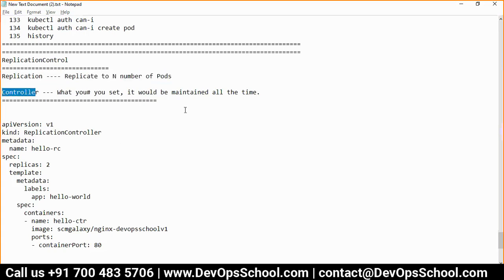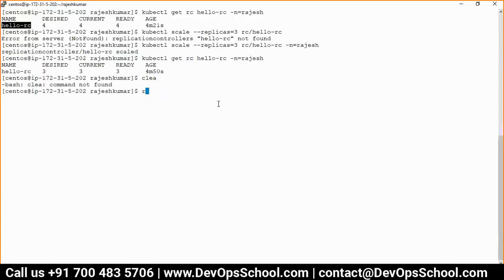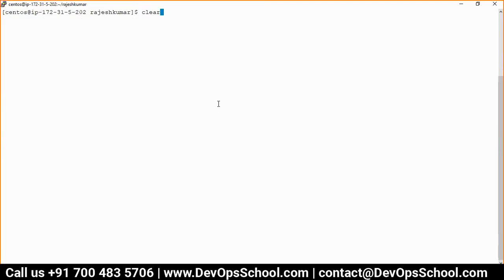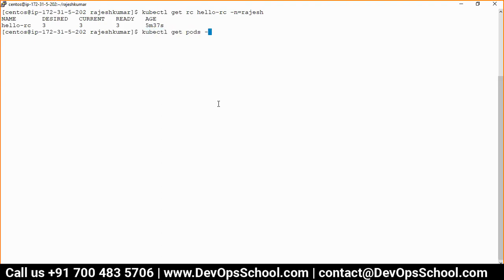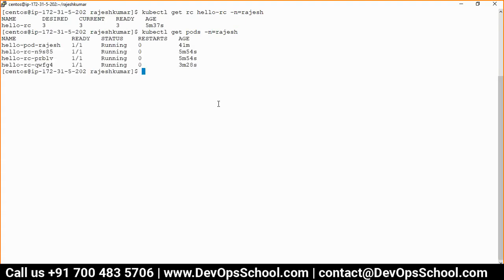Okay. Now I'll show you the power of the controller. Look at my screen here, guys. I have 3 pods. See, 3 pods are there. kubectl get pods -n Rajesh. Remember, my desire was 3. And see the power of the controller. 3 pods are there, but an accident may happen, right? kubectl delete pod.